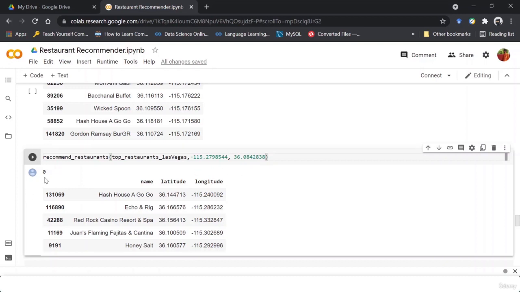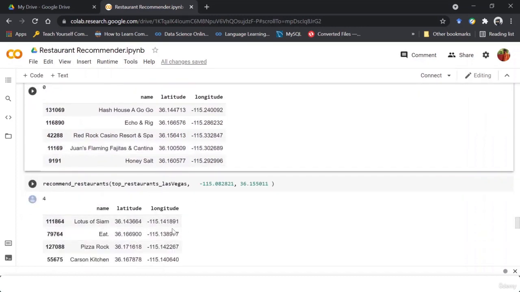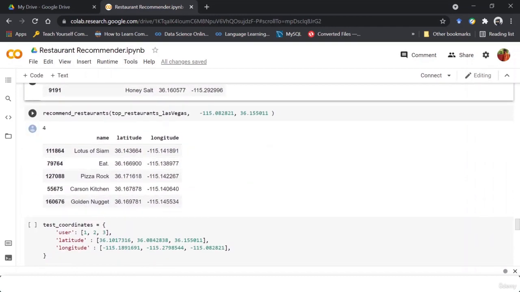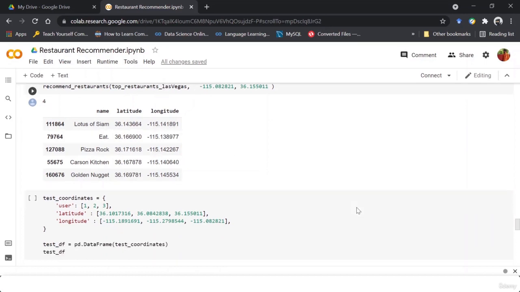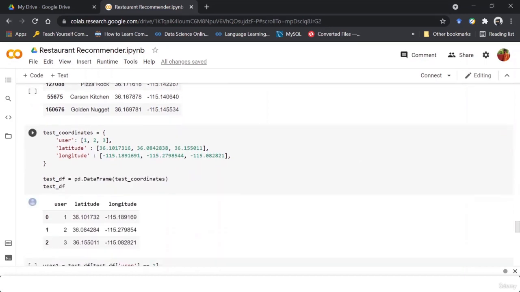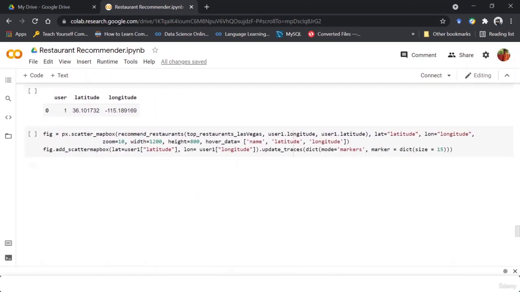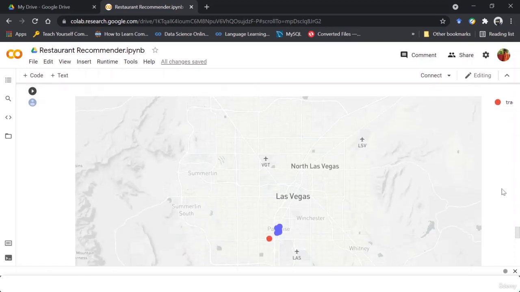You can see it is telling me that this place is defined by cluster 0, and the top 5 restaurants present close to these coordinates are these. Again, for this I have shown you, it takes cluster 4 here, and I've made some testing data to test if it is working, and if it is, to create a map for it.